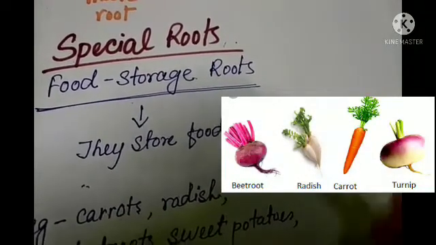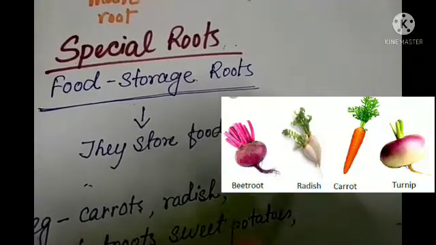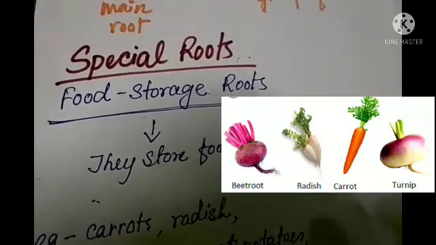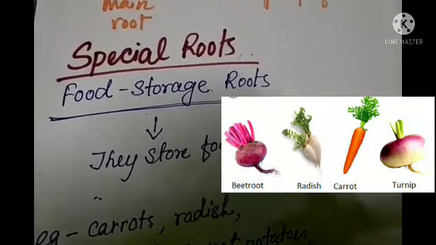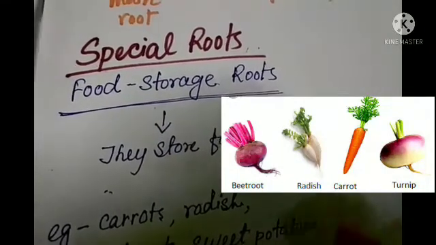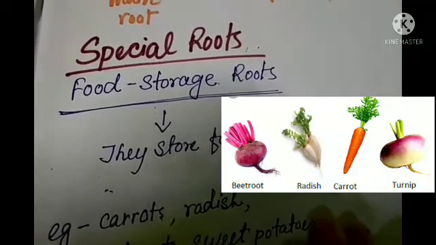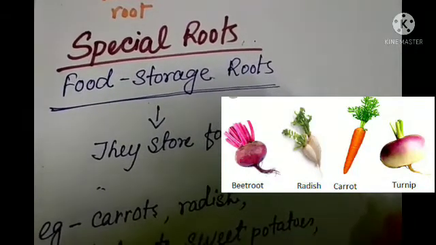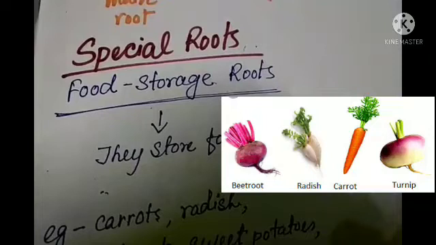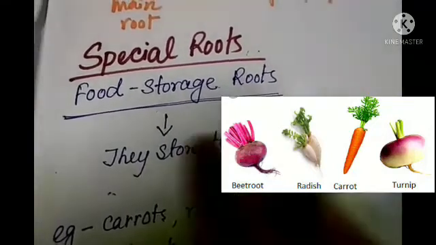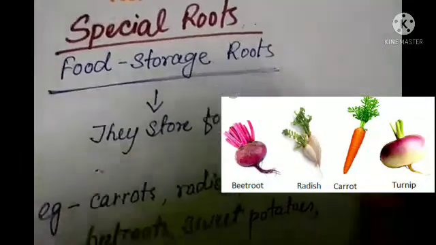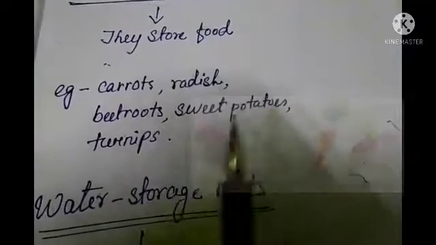In your book, yam and sweet potatoes are also given. You can see these are all food storage roots. Actually, they are roots which we also take as vegetables. This storage can be useful at a time of food scarcity due to drought or famine. In a drought, plants will not get enough water and minerals from the soil, so if they store food, they can get food at that time. The plants will not die then. Here you can see the examples I have written.